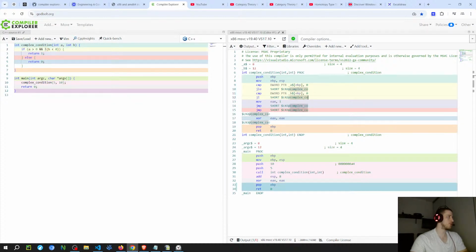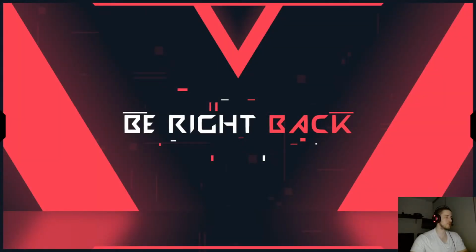And let me open jump lower again to remember. But I think that jump lower is going to jump if this SF flag is set, which is no, maybe it jumps the other way if SF is 0. I do remember it's going to jump on the opposite of what it's supposed to jump.